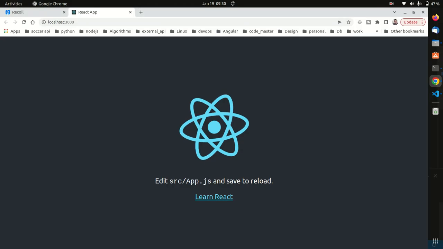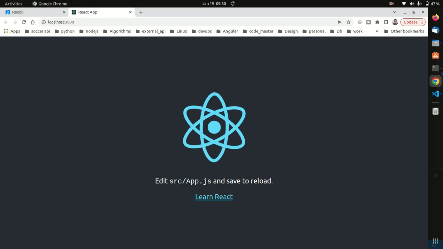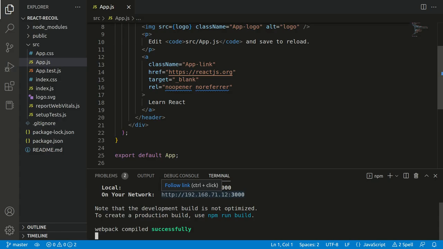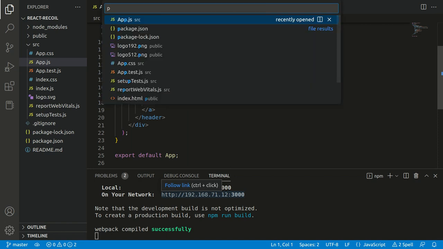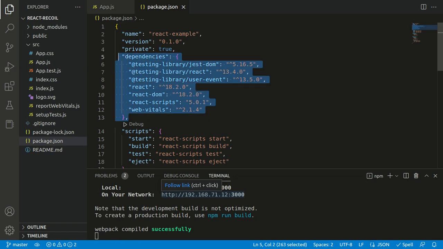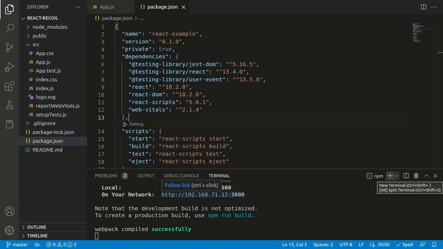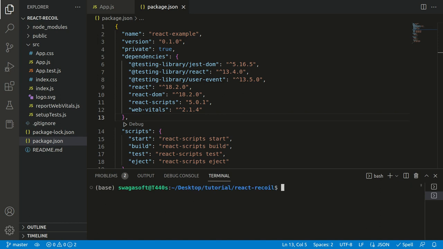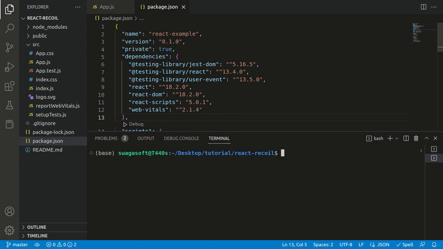So the first thing I need to do is to install some dependencies. So let's go to package.json. If we check our package.json, we can see this is what we currently have. All right. So one of the first things I need to do is to install two packages, Recoil and router, because I want to create two pages so that we can see how the state is being managed from one page to another. So I'm going to do npm install Recoil